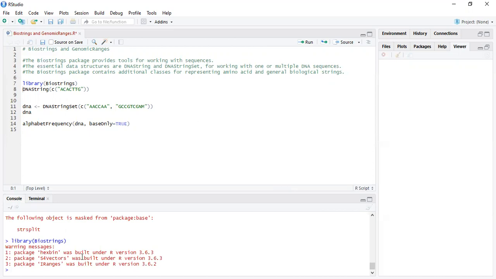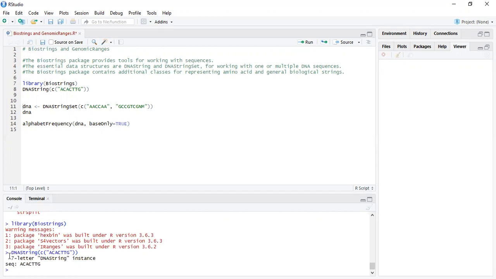Okay, so here the package is included, which is shown as output, and then we are going to run a DNAString. Here it is mentioned that it is a string, but how many letters are there in the string, because it's a biostring. It shows how many letters are there in the given sequence. So there are 7 letters in the DNAString instance,